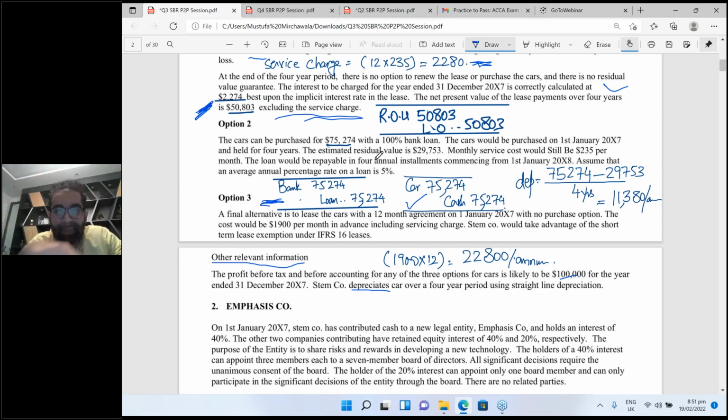Now wait. So the loan would be repayable in 4 annual installments commencing from 1st January X8. That means open your eyes. By the end of the year, you didn't pay a single penny. My dear students, see the repayment date. What is the repayment date? 1st January X8, and your accounting period ends on 31st December X7. So by the end of the year you didn't repay a single penny of the loan,